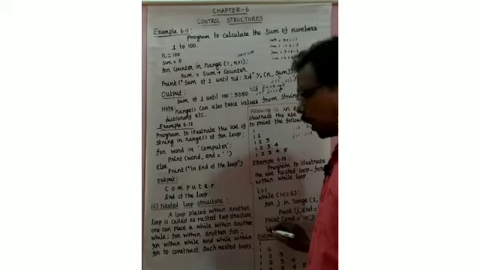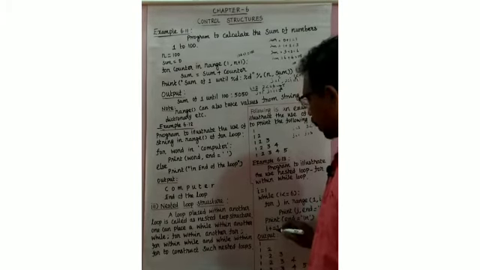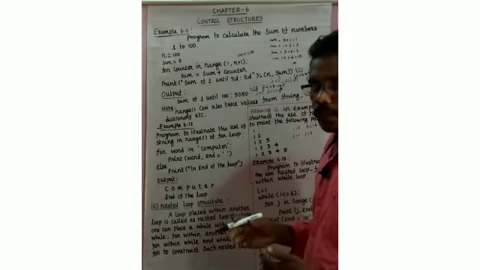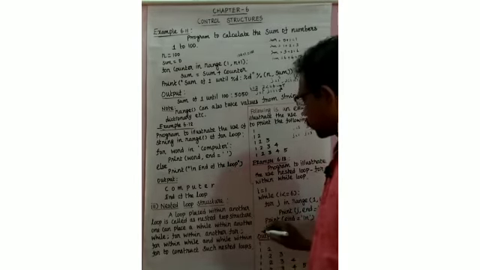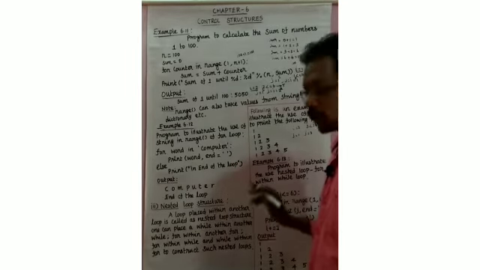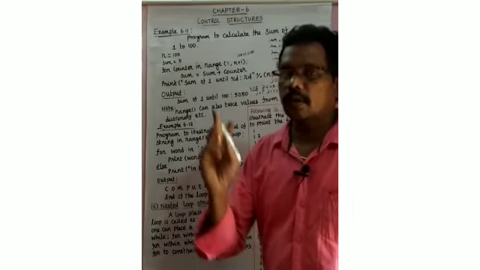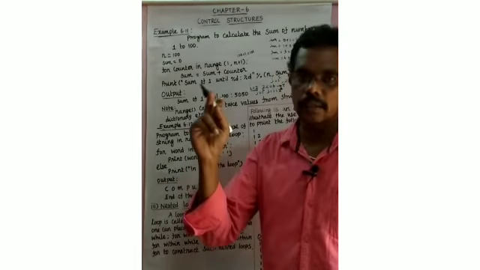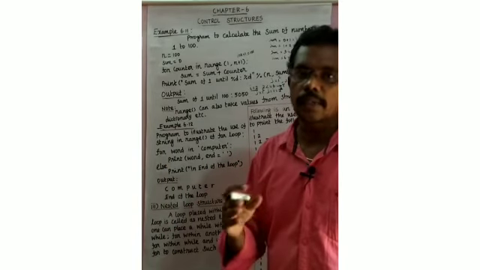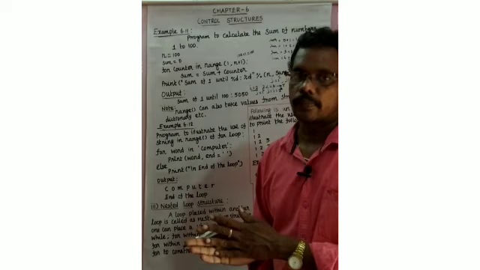Okay. Next, increase the i value. i plus equal to 1: already i is 2, now increase it, 2 plus 1 equals 3. So it goes to the while loop. 3 less than or equal to 6, the condition is true. If the condition is true, j will execute 3 times: j value 1, j value 2 and j value 3. Next, if you increase the j value to 4, the condition is not satisfied.